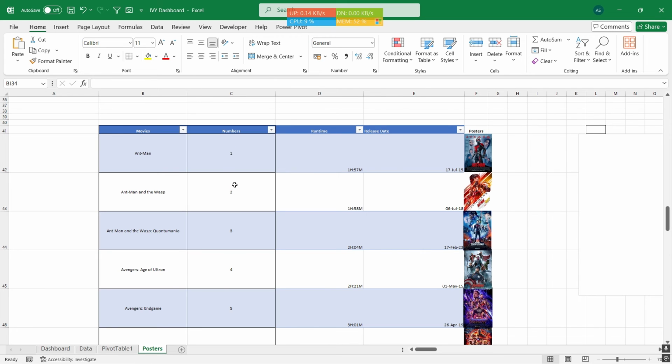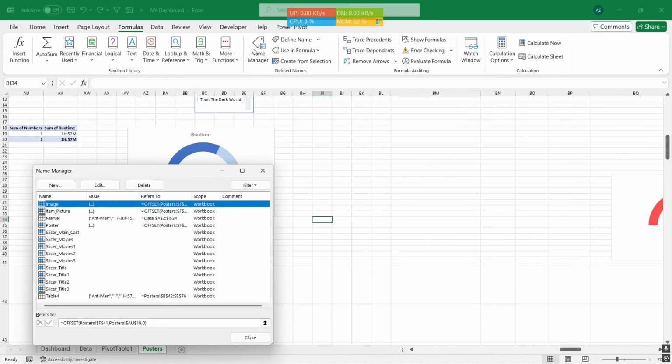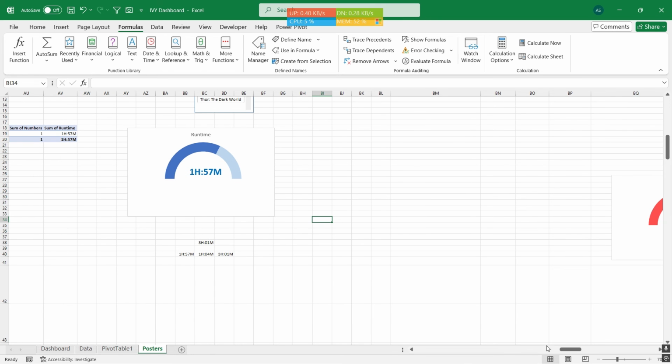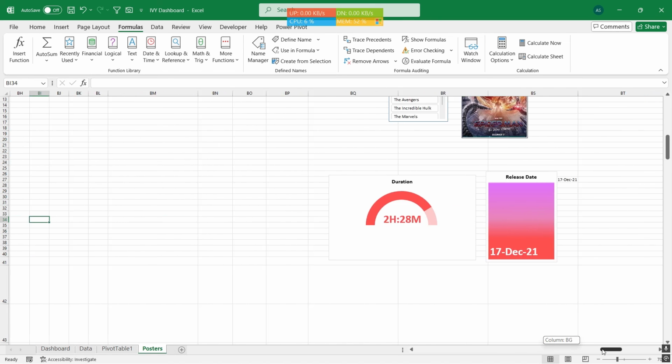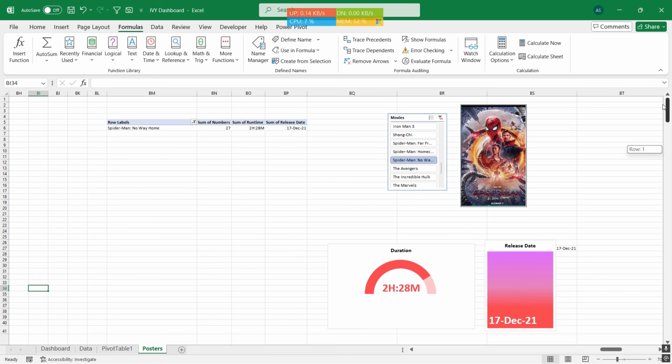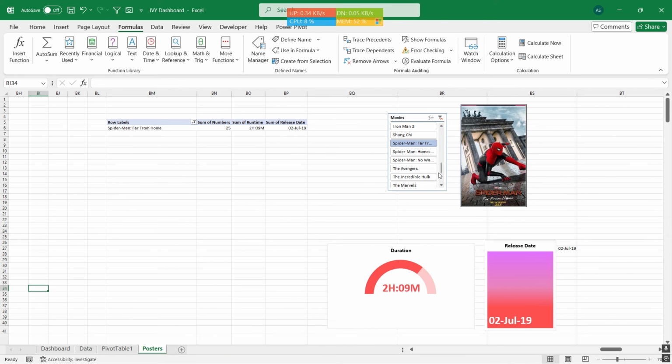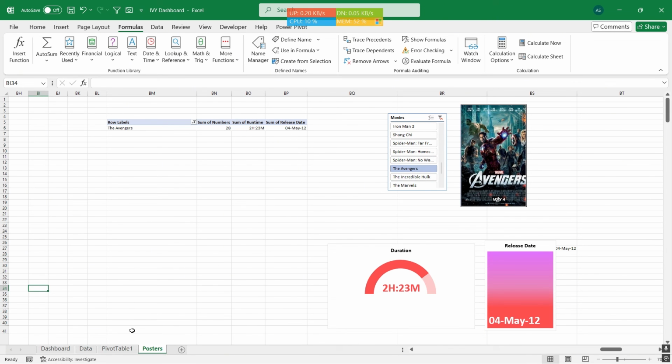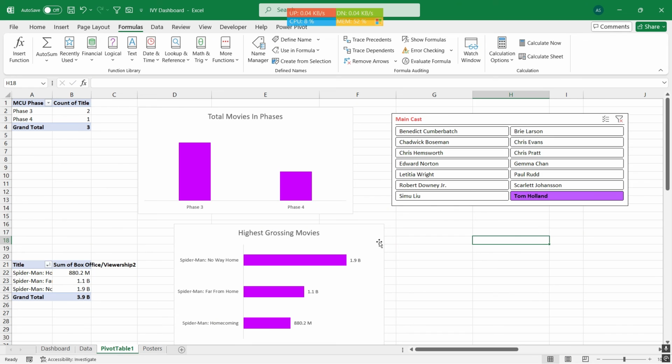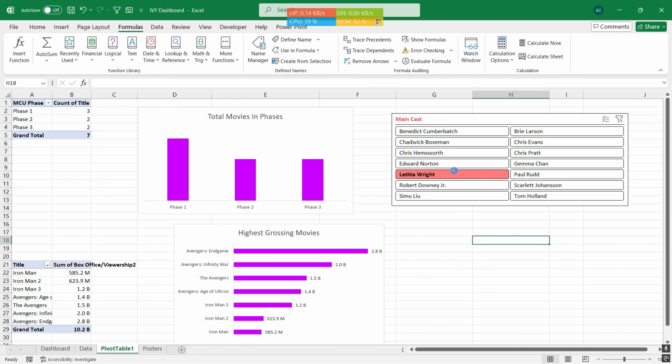This number is used in the offset function, which allows the poster to change based on the selected movie, as you can see. For the main cast charts, we go to the pivot table 1 sheet. Here you can see the normal charts that are displayed in the dashboard.